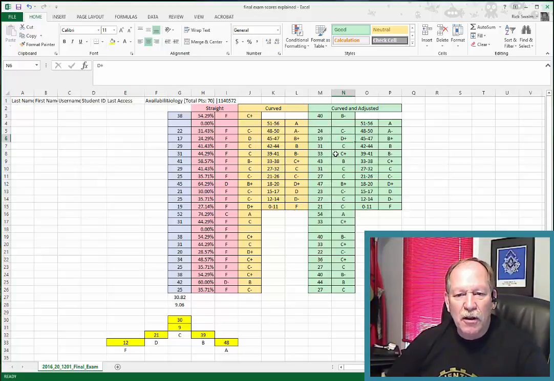D went to a D plus. This B minus went to a B. Obviously, the A stayed an A. That didn't really change at all. But all in all, I think about 2/3 of the scores still bumped up from these curved scores to these adjusted scores. So these then are your final exam scores, which will be converted over to a number so that